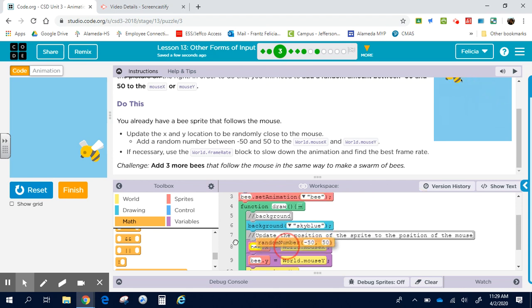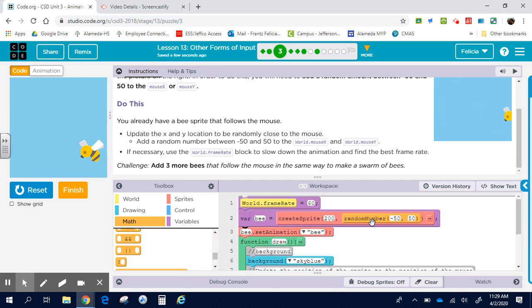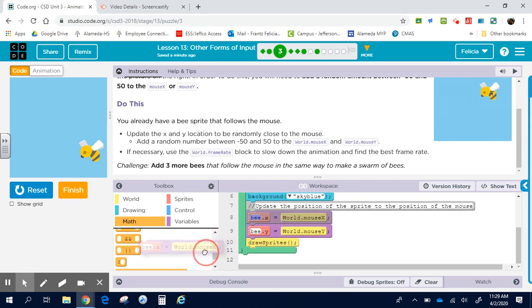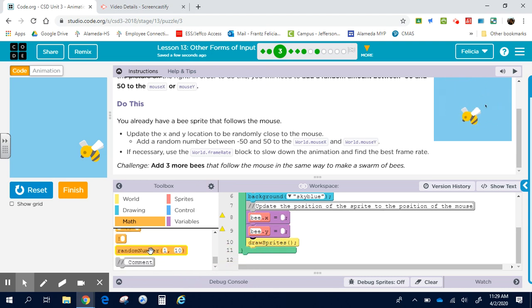Oh, okay. I'm going to drag this off the screen. Drag this off the screen. I'm going to drag, I don't want to drag the whole, I'm going to drag my world mouse out. And I'm going to try putting a random number here. And then will it let me do